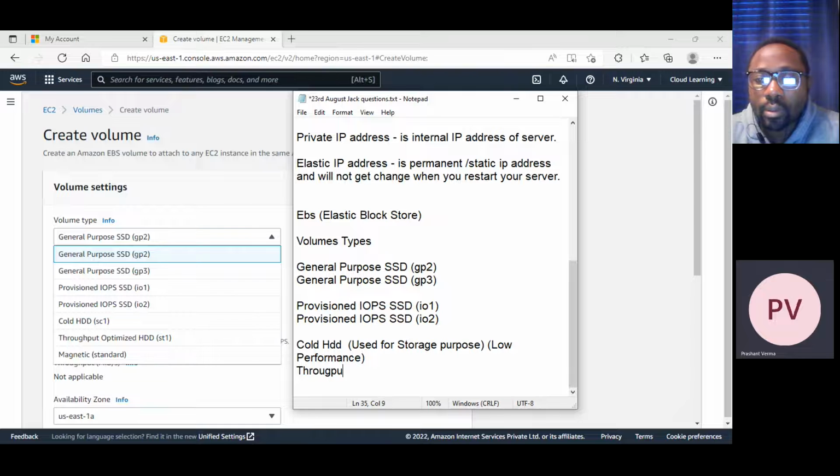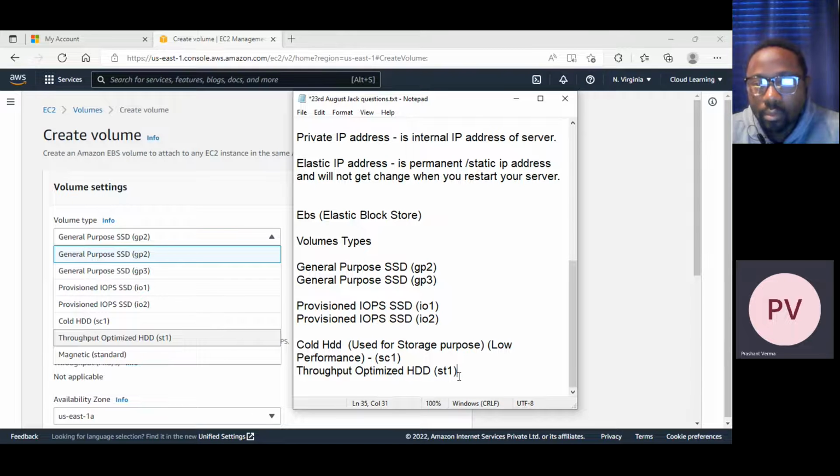Then throughput optimized. When you see this, you can understand this is better than the cold one, because this is also used for storage purposes only, but it is optimized.